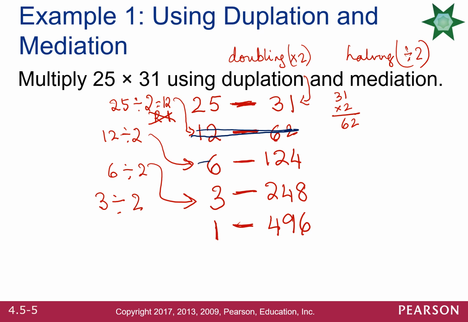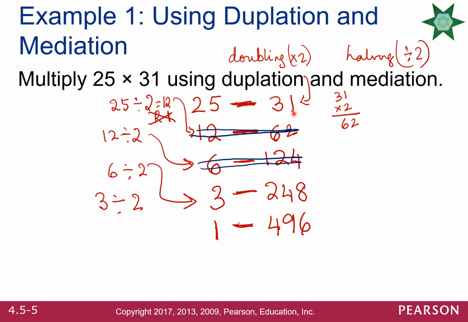6 is an even value. I'm going to cross this out. 3 is not even, so that stays. 1 is odd. That stays. And 25, which is the initial value that we are multiplying, also stays because it is odd. It's not even. So you only cross out the even values, and then what you do is you sum up,